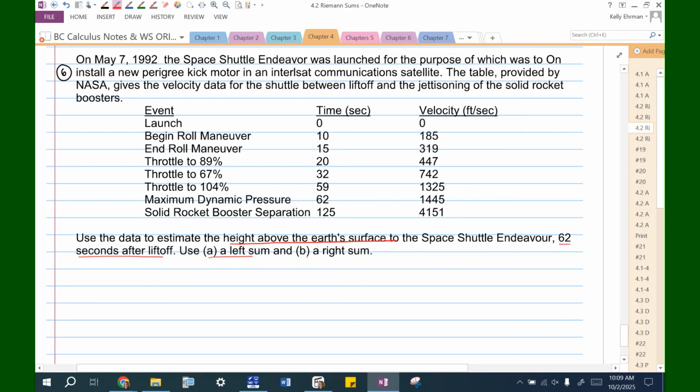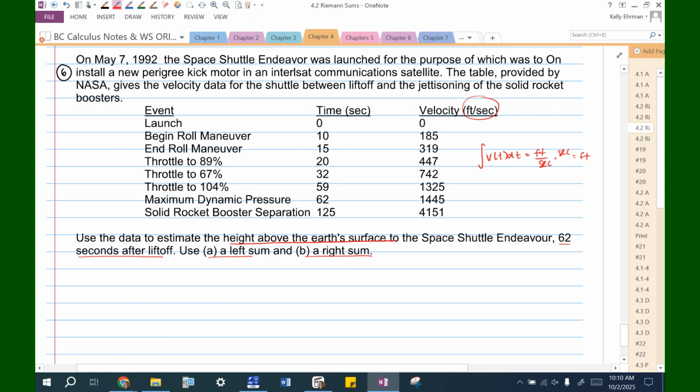Use a left sum and a right sum. Why are they asking me about height if I have velocity? Because remember, when you integrate v of t dt, think about what those rectangles would be. They would have height of feet per second, and then you would be multiplying them by some width of seconds, and that's going to leave you with feet. So that's why I can figure out the height